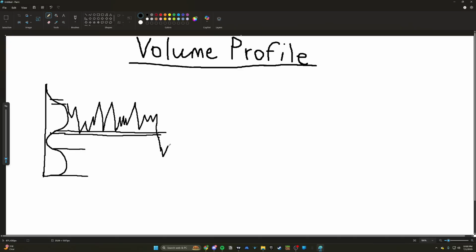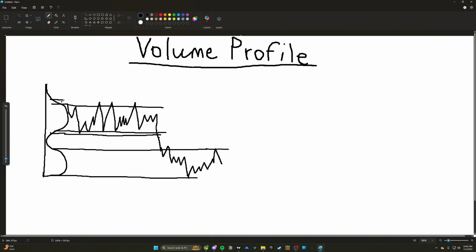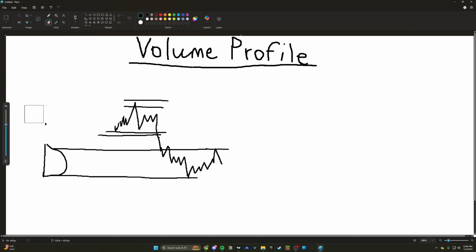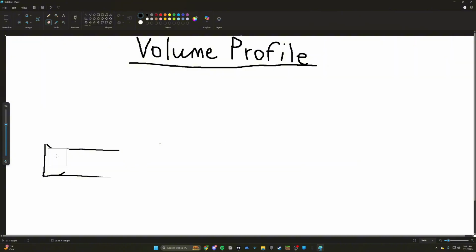So come back in here, just straight inside, go down to this lower extreme, and just continue to trade in there. So boom, just go in here, down. You get the idea. It's kind of what double distribution looks like. Now the reason why I'm showing you this is for overnight volume profile, as that's actually a really useful tool to use. Now that we got double distribution out of the way, let's go to